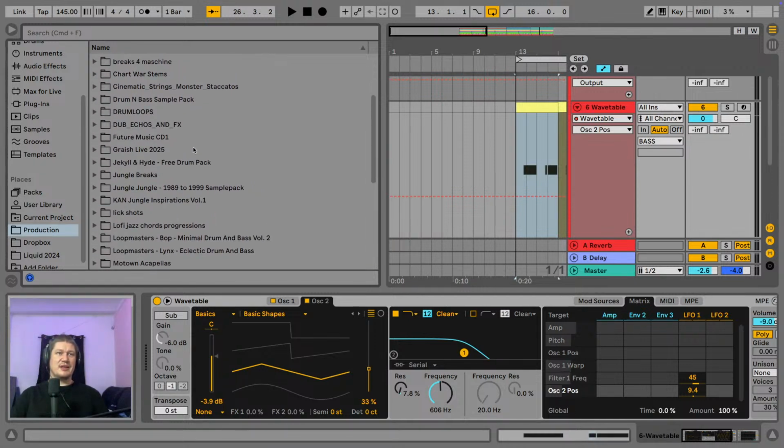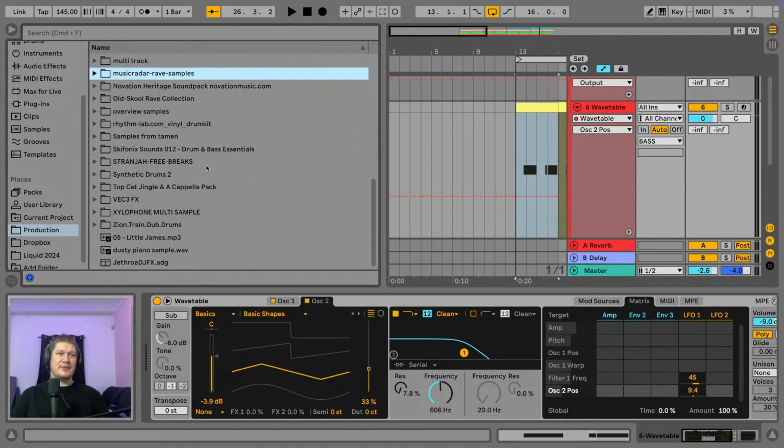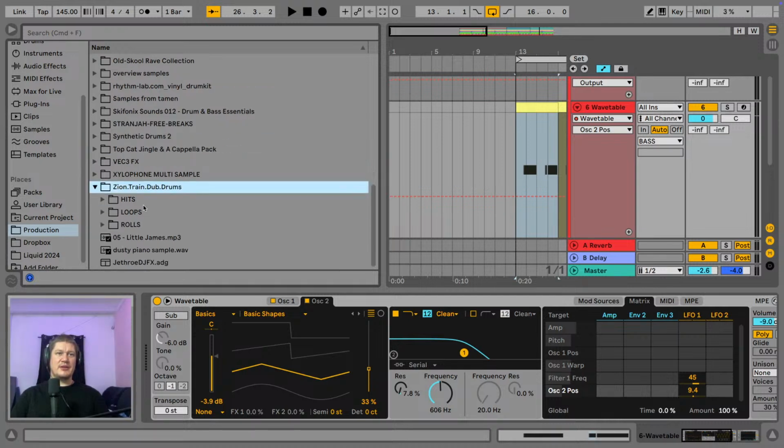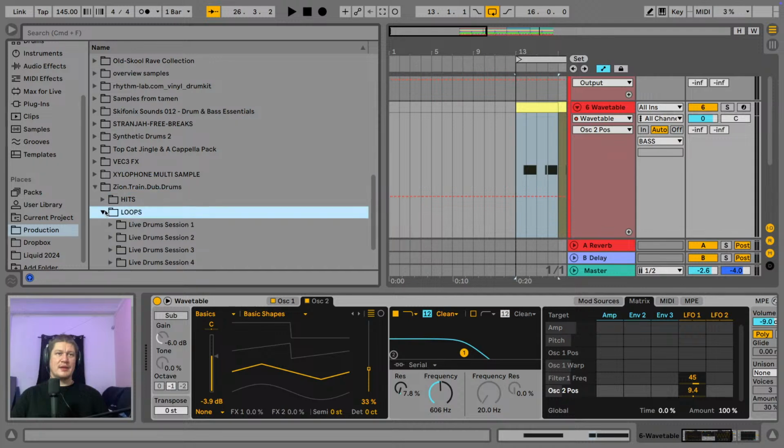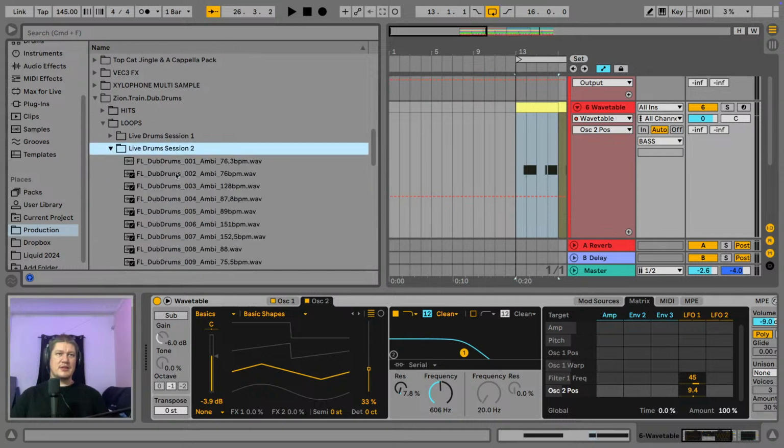There's also the Computer Music was another magazine. A lot of these samples come from these sample CDs that were on the front of a magazine. This one I like to use, Zion Train Dub Drums. So you've got live drums session 1, session 2, and then within them